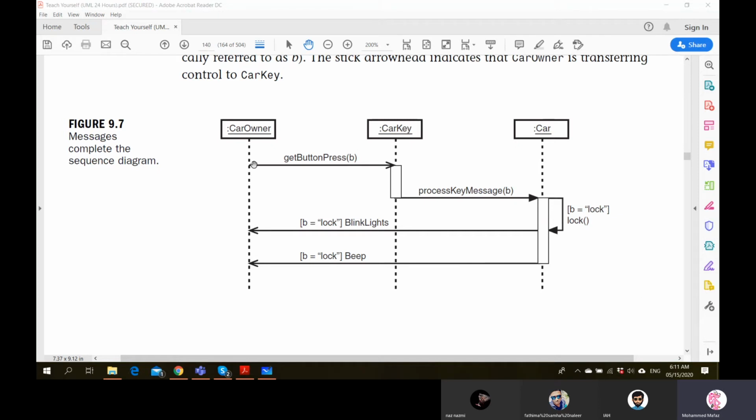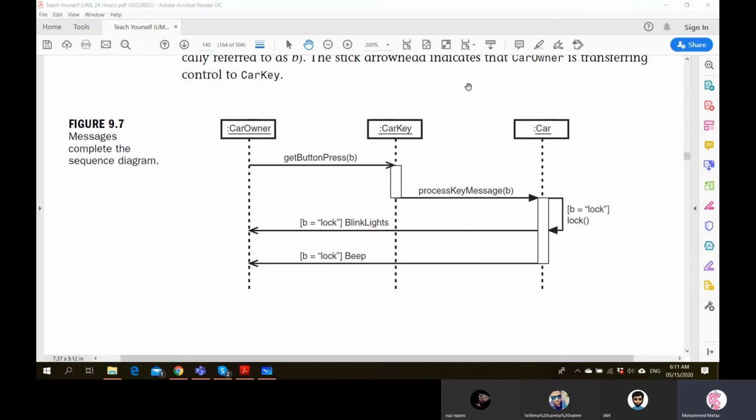Then the very first operation that takes place is the car owner calling the car key using an asynchronous message. When you're sending asynchronous, you're not expected to see a response from that object back to the owner. So here car owner is the sender, car key is the receiver. Since this is asynchronous, the receiver doesn't have to send anything back to the sender.